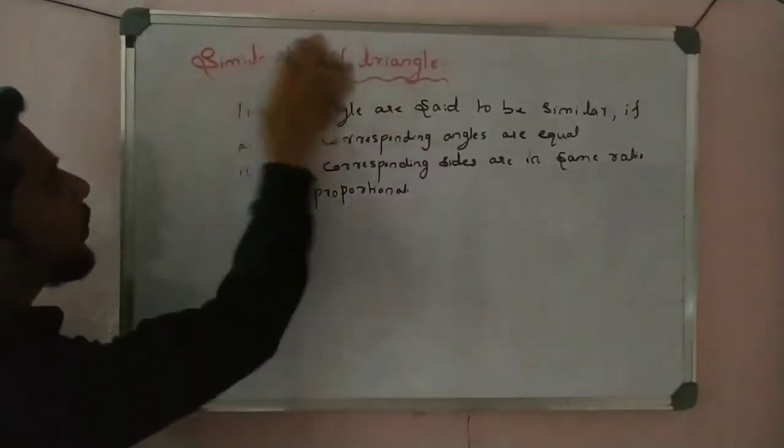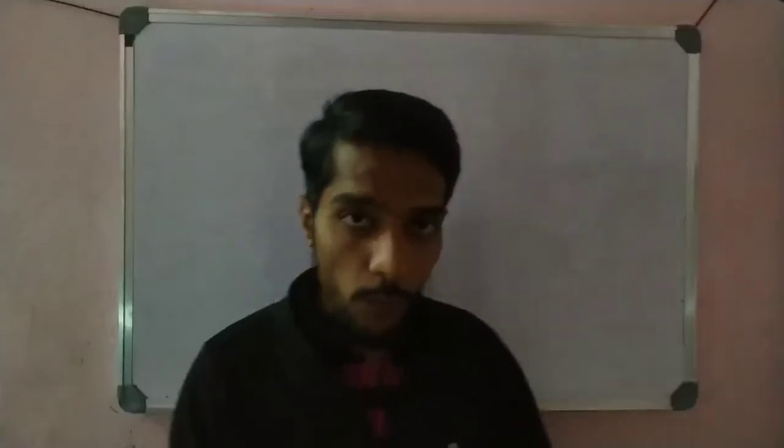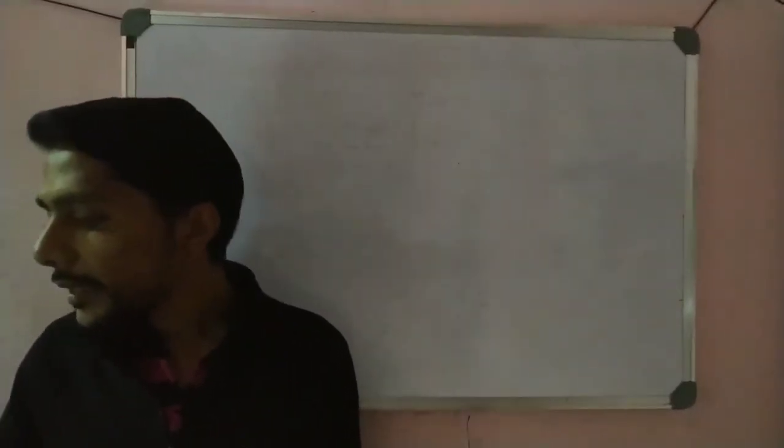Okay, so I remove this one. Right, so now I first write the statement of Thales theorem and then I draw a diagram and then we come to the proof, in construction. So let us write the theorem of Thales. So I can write the title here on the side: Thales theorem.